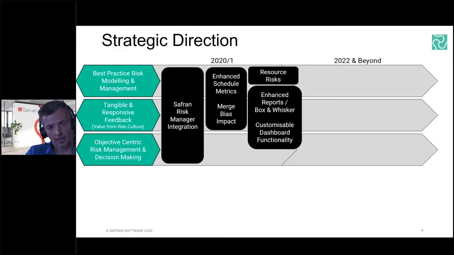Enhanced reporting. So again, this is a similar thing to the enhanced schedule metrics. This is something that's come up a reasonable amount over the last 2 or 3 years, where we've had some requests where customers want to be able to just effectively hit one button and have an automatic report or series of reports generated for them, if you like, a report pack, sort of similar to the way you